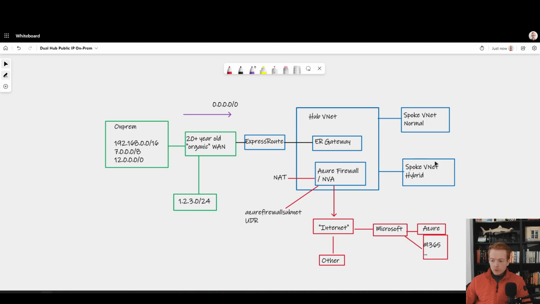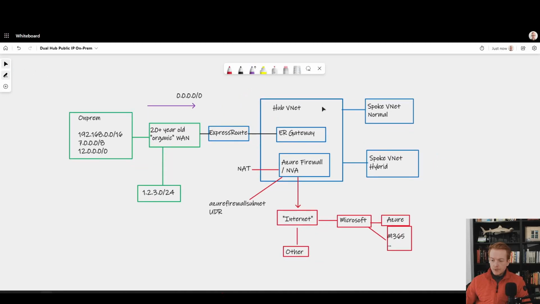Okay, now we move over to looking at the blue box here, and we've got a problem to manage, haven't we? Because in the typical design, the spokes are connected to the hub. They have gateway route propagation turned off, which means they won't learn the default route, but they will be sending all of their traffic at a centralized NVA or an Azure Firewall. And the Azure Firewall or the NVA subnet will have gateway route propagation turned on, so it will learn a